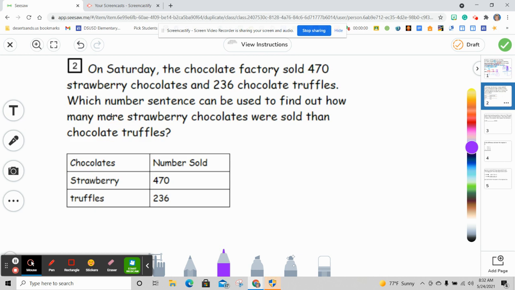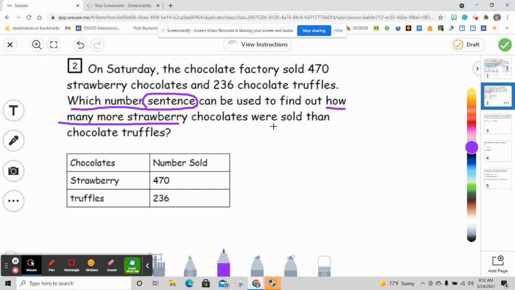Okay, number 2. On Saturday, the chocolate factory sold 470 strawberry chocolates and 236 chocolate truffles. Which number sentence can be used to figure out how many more strawberry chocolates were sold than chocolate truffles? So we want to find out which number sentence. So we're going to have to create a number sentence. We already know we need a sentence. Now, can we use to find out how many more,